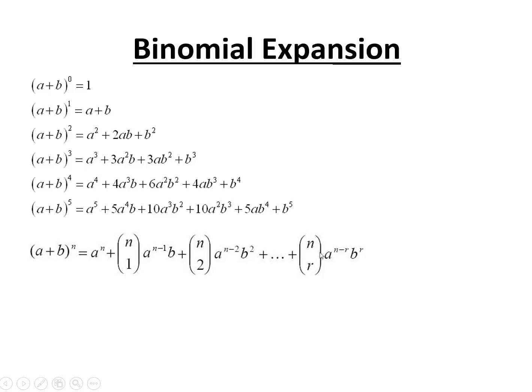And if r is n, so if you carry it all the way to the end, then you've got n choose n, and a to the n minus n, which is a to the 0, which is just 1, b to the n, and n choose n is just 1. So you'd have a to the n up this side and b to the n at the far side, like so in here. So this is n choose r,